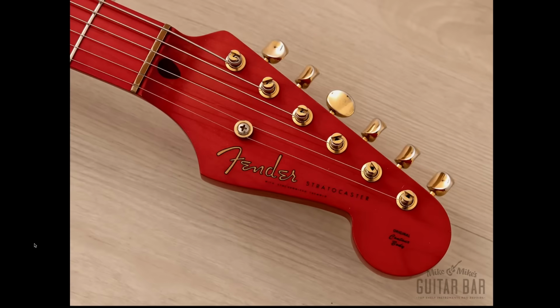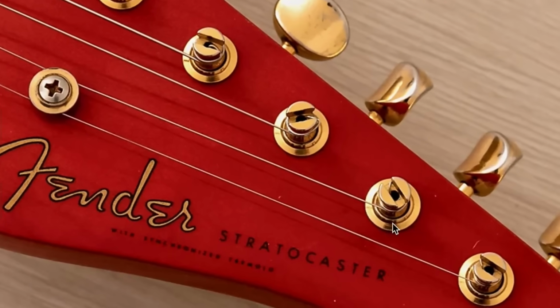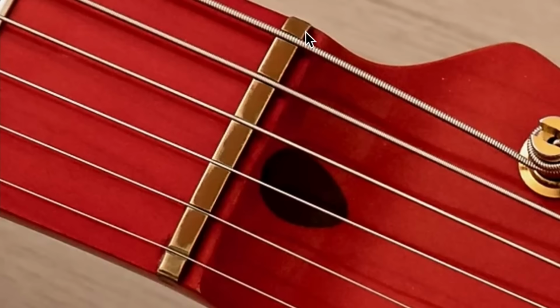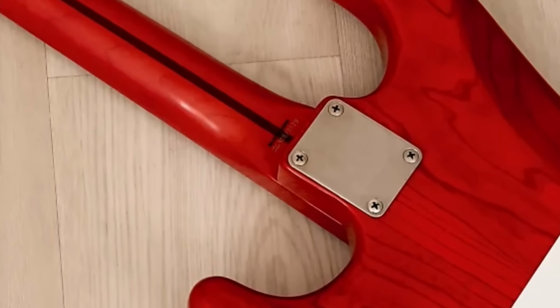But then we get to our headstock and it is also red, with the vintage style poke it down, wrap it around style tuners, also done up in gold with a matching gold string tree, with our beautiful Fender logo. This thing even has a cool brass nut. You don't see that too often anymore. And then unsurprisingly, the back is the exact same. But hey, what is that on the back of the neck? Made in Japan,